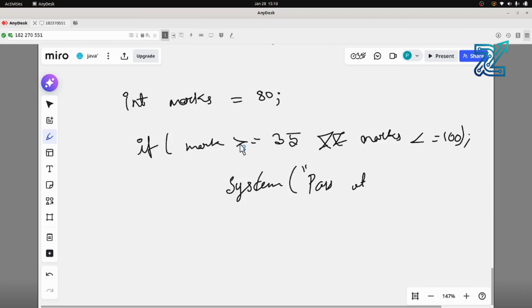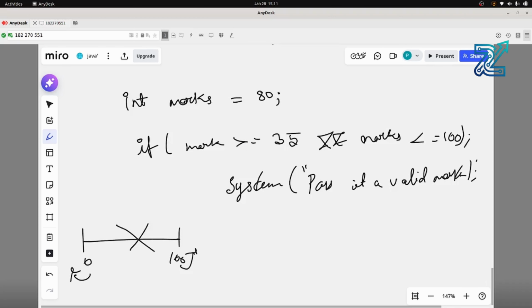And it is a valid mark. You may ask why I am saying it is valid. Because the number range is 0 to 100. If it goes beyond that, then that means it is invalid. You can't get 105 out of 100 marks. So, it is a valid mark